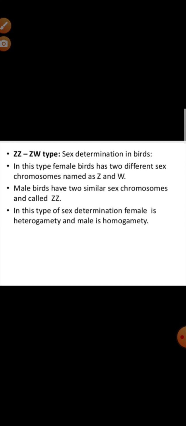The males will be AA plus ZZ crossed with female AA plus ZW. The gametes: A plus Z in case of male, only one, and female will be having two types of gametes. First will be A plus Z and next will be A plus W. Right? So when it is crossed together, the males will be having AA plus ZZ and female will be having AA plus ZW.